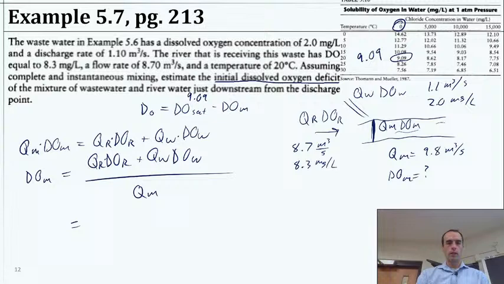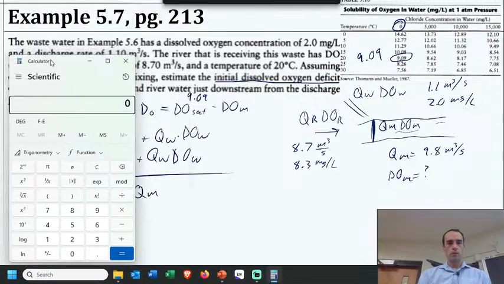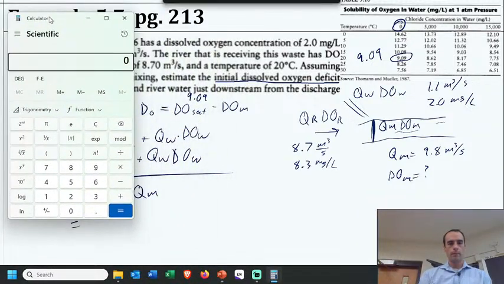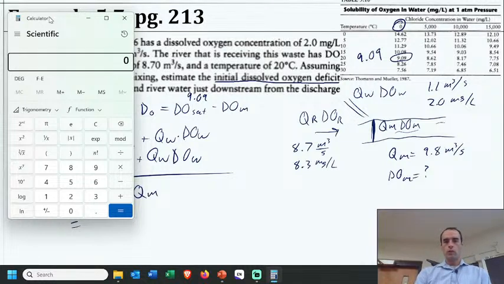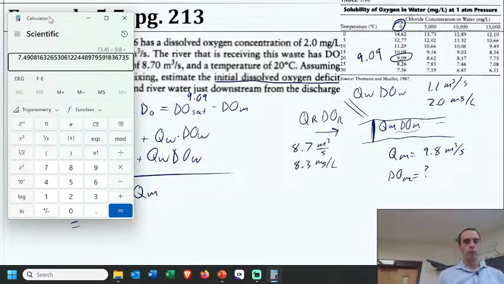If not, we'll do the calculator. Okay. So we have the river was 8.7 times 8.3. That's 72.21. And we're going to add to that 1.1 times 2. So that's 74.41. Divide all that by our Q of the mixture, which was 9.8. So 7.49